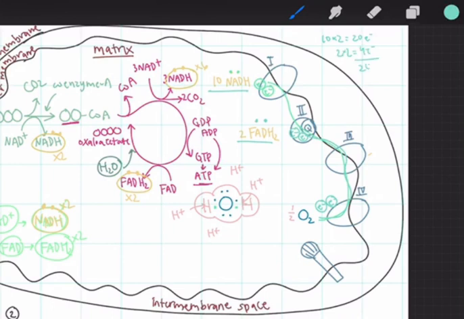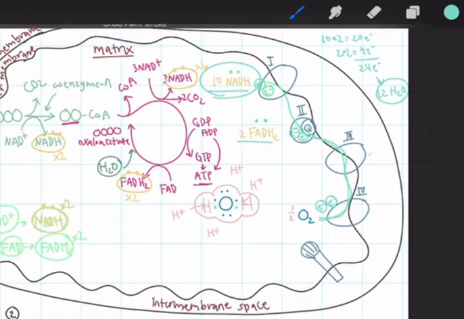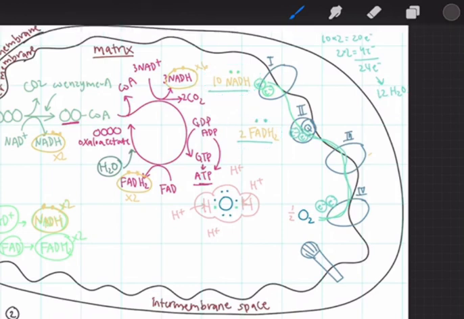So you have a total of 24 electrons moving through this electron transport chain towards oxygen. If it takes 2 electrons to make a water molecule, that means 24 electrons divided by 2, you're able to generate 12 water molecules from 10 NADH and 2 FADH2 molecules that you commonly see being used to depict cell respiration. That is 1 glucose molecule,